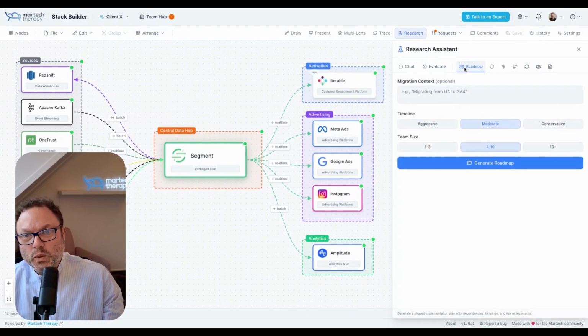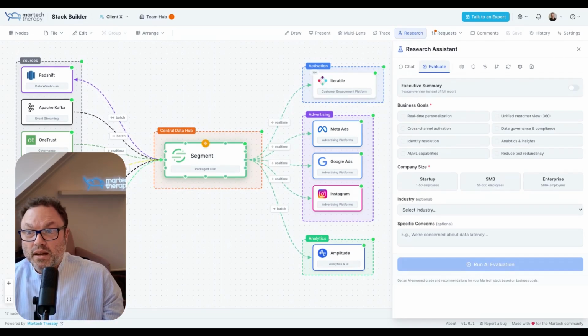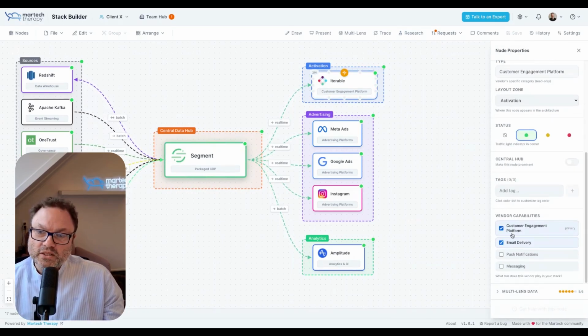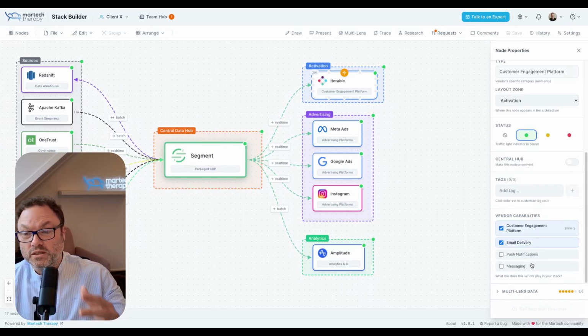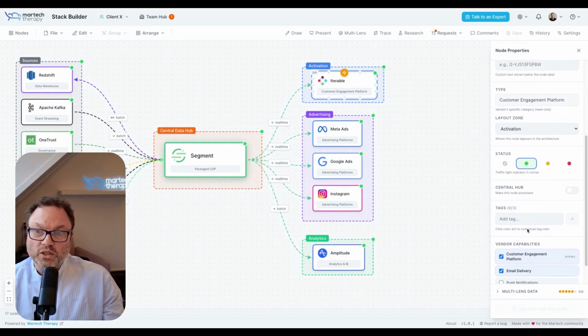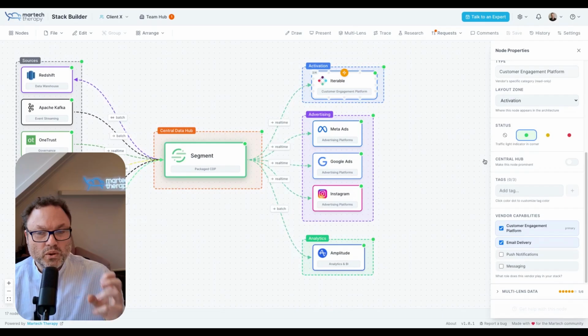It's special because when you start looking at the data that you're putting into your canvas here, you're putting in not only that you're using Segment. But if I click Segment real quickly here, or let's put in Iterable. Iterable is a good example. I've added this new vendor capabilities section here. So Iterable is a customer engagement platform, but you can use it for email delivery, push notifications, messaging, etc. So these vendor capabilities, I'll be expanding on them in the future. But all this information that you're entering here, including these little status update bars, you are putting this data into